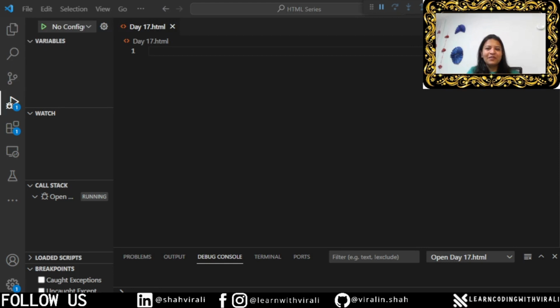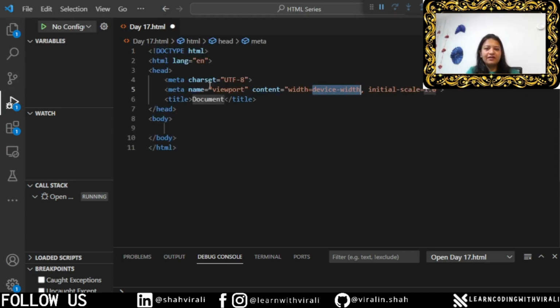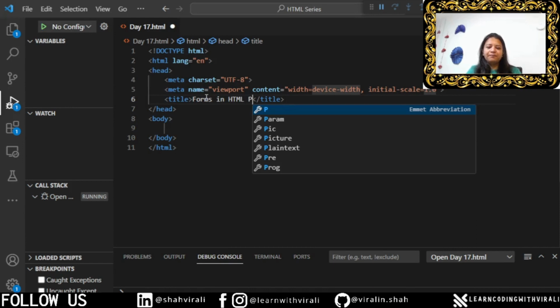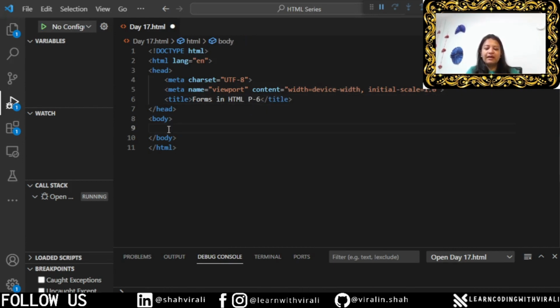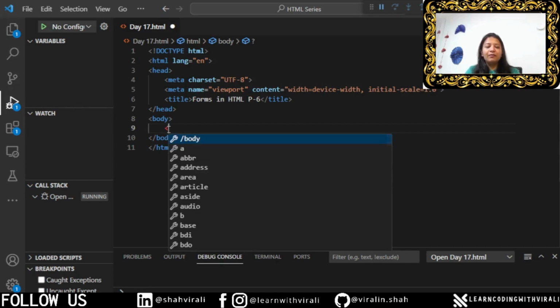So let's get started. First, we will need the blueprint of our HTML document. So I'll be using the VS Code shortcut, pressing an exclamation mark, pressing enter. Now modifying the title of the document as Forms in HTML Part 6. And now jumping onto the body tag, in order for us to define a form, the very important thing that we would need